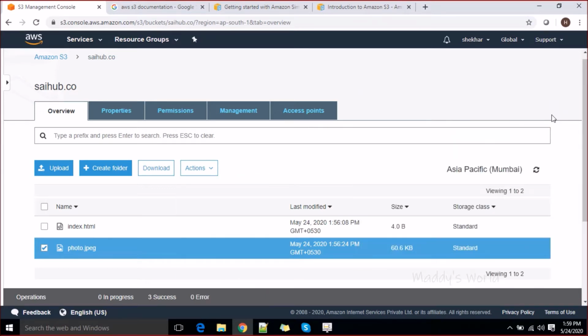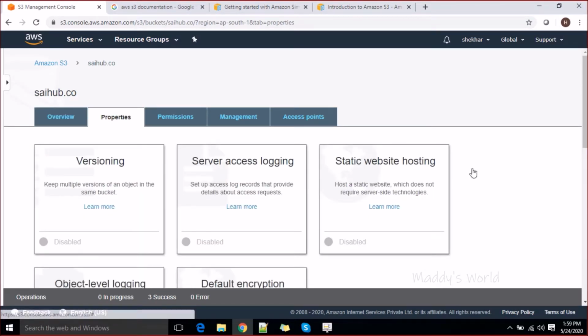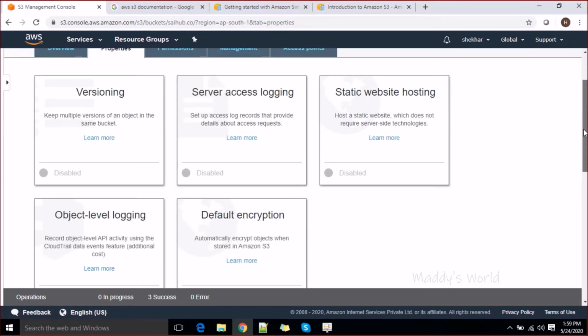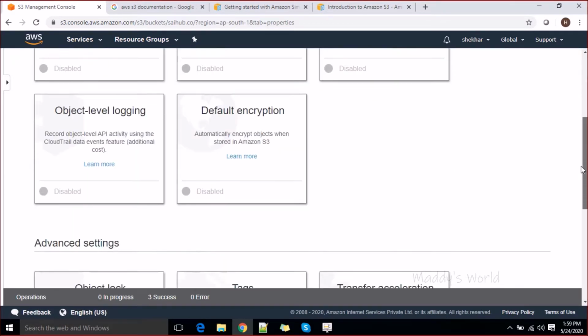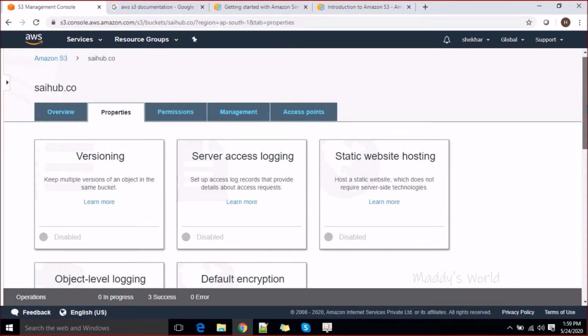Now we're going to talk about the permission sections also, I mean the property sections also. What is this property section all about? These are pretty essential. Remember this also: you can host your static website in the S3 bucket. Also, nowadays you must be hearing about serverless architecture. S3 and Lambda are the most basically used components of AWS for serverless architecture.